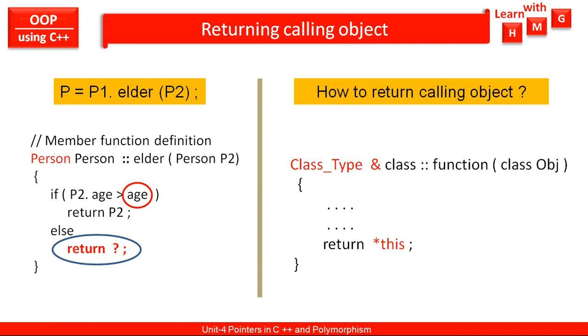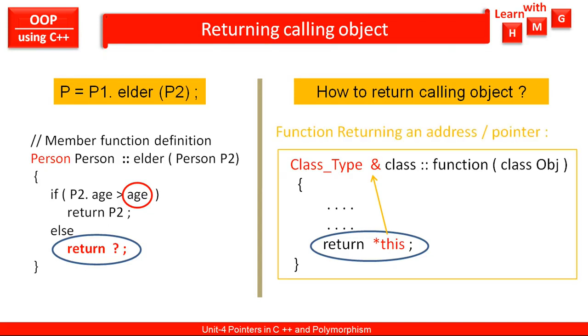always points to the calling object, and that's why that pointer we can use here as a return value in terms of return *this. So like this, return *this will return the address of the calling object. So here it is related with the address of the class type in this particular syntax, and this function we can say that it is a function returning an address or a function returning a pointer of the type class. So like this, the question that was raised on the left side, that is return what, how to